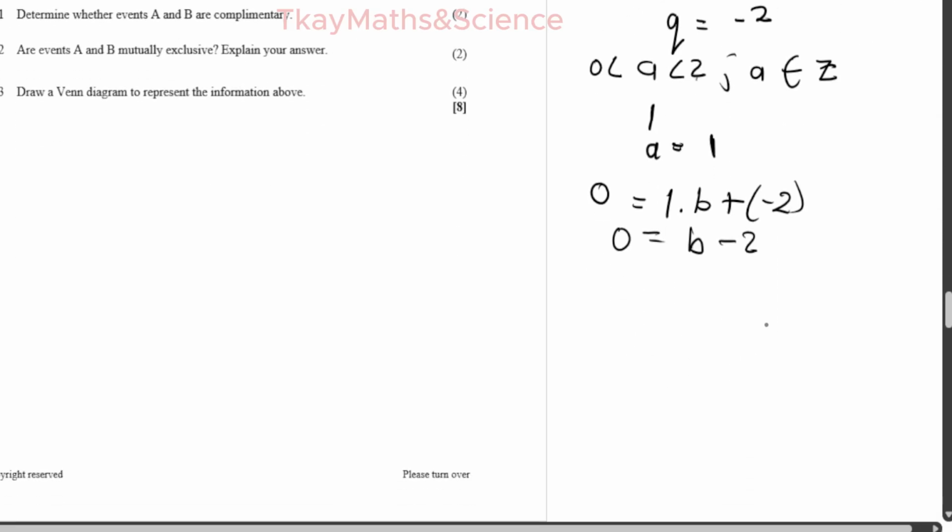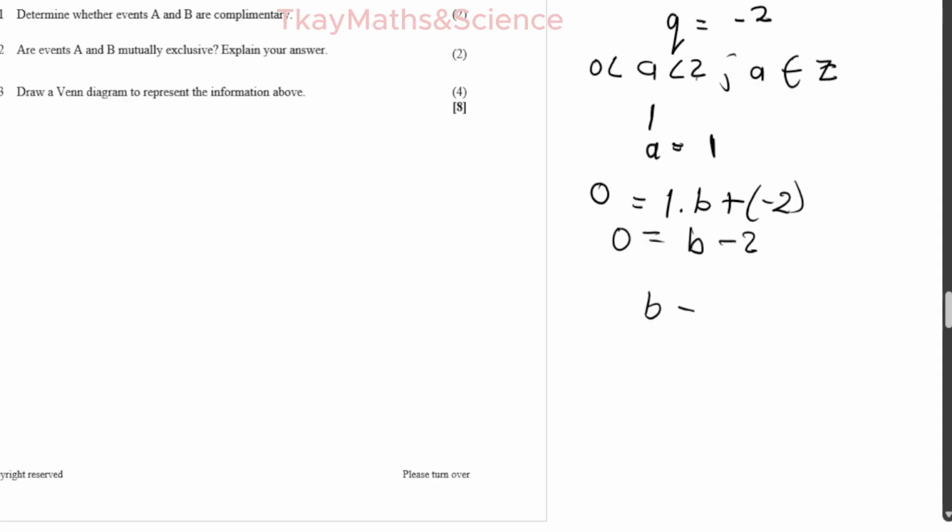We're making B the subject of the formula. We're going to bring 2 to the other side, so B is equal to 2. So now our formula becomes h of x is equal to, our A is 1 dot, our B is 2 to the x,